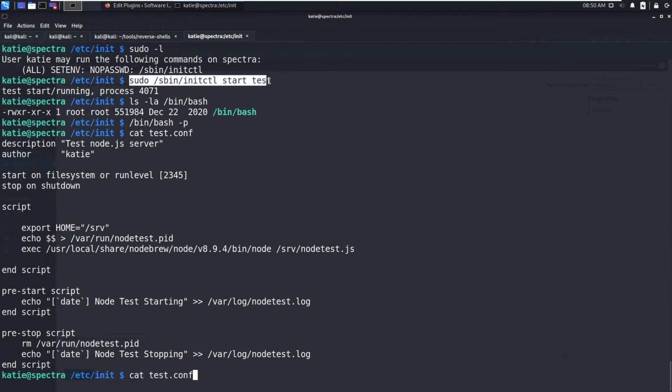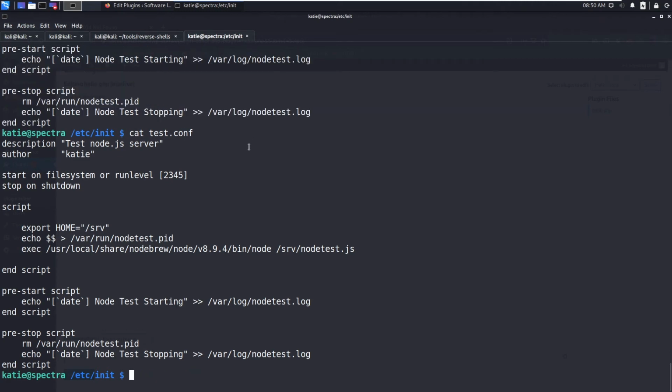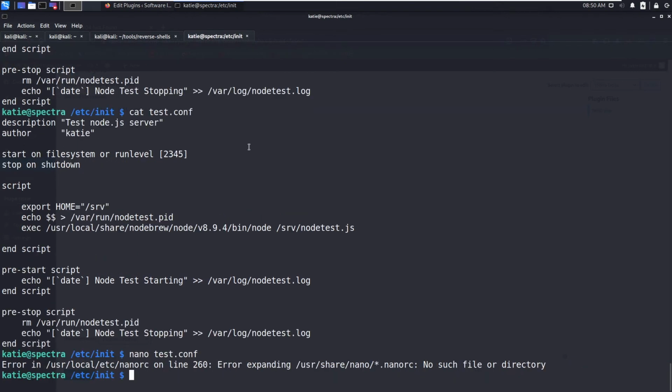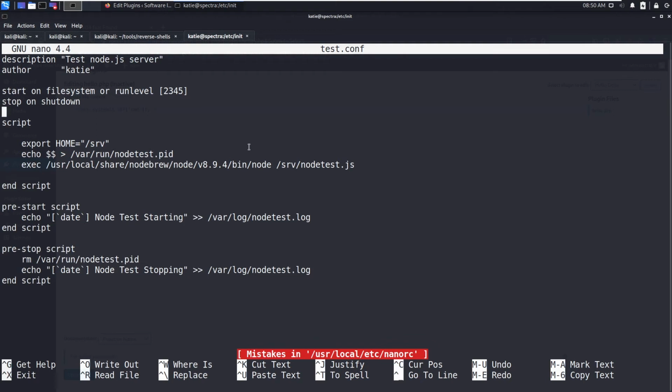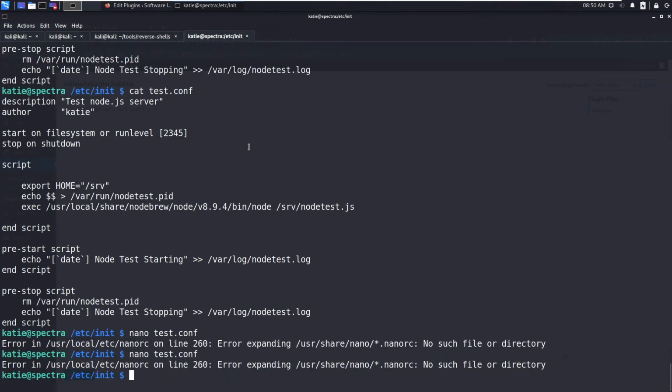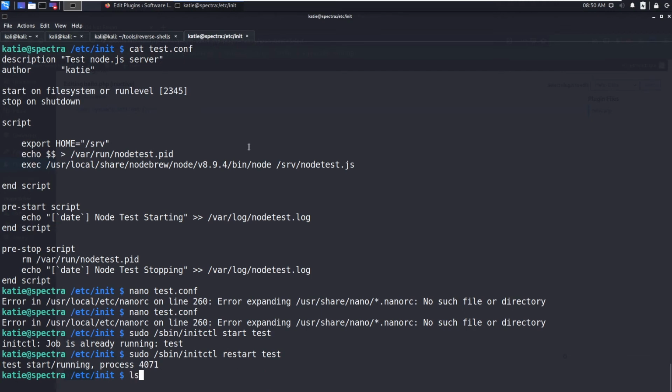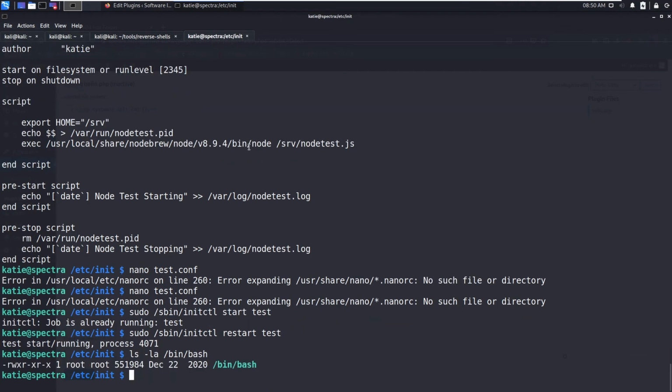So let's copy this one. Let's again chmod +s /bin/bash. So let's say restart. Now we can view /bin/bash. It should show the S. It's not showing.